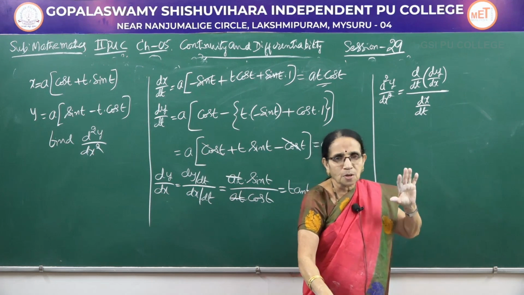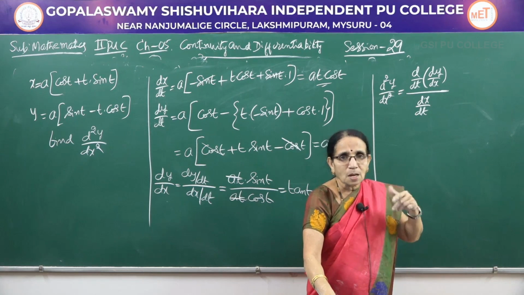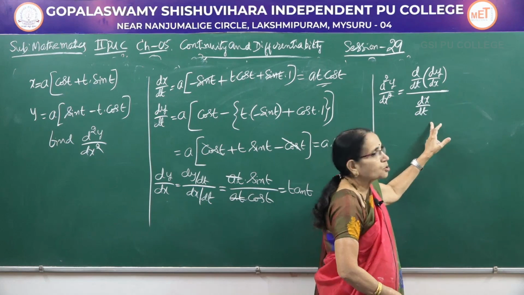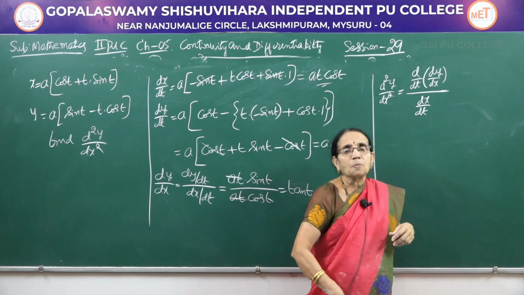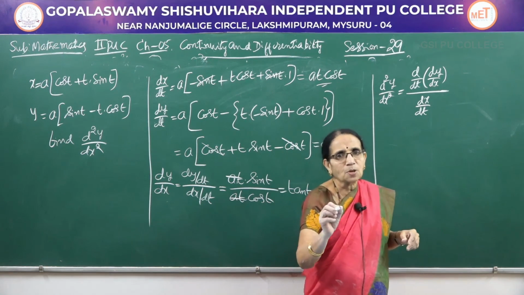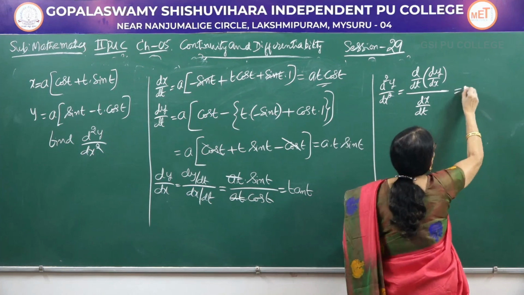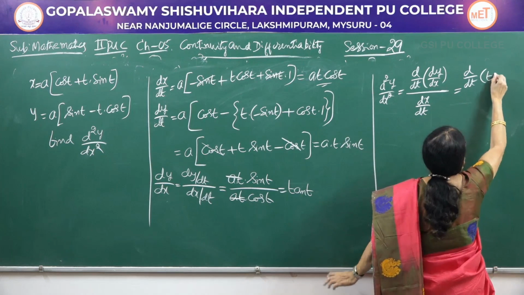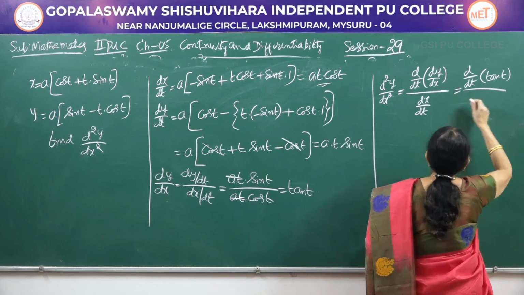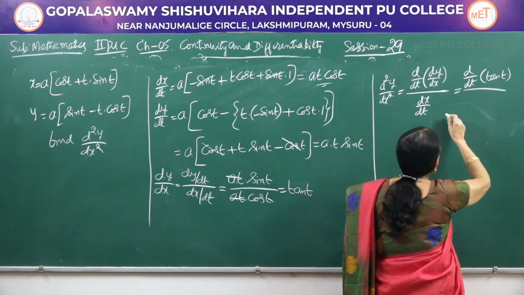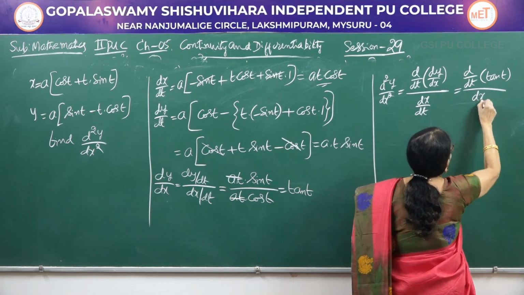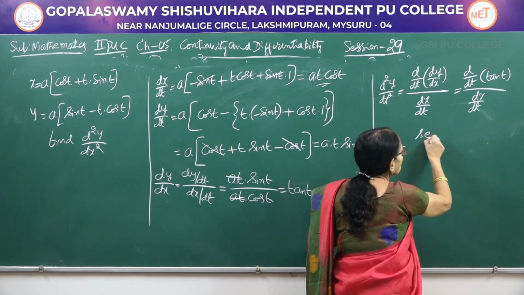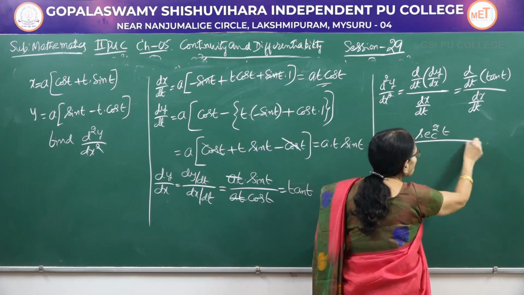The first derivative will be obtained. The derivative of that one with respect to t should be written in the numerator. Dx by dt, which is already obtained, should be written in the denominator. If it is possible to simplify, you simplify. So, in this problem, it is d by dt of, what is the first derivative? Tan of t. The reason is you can't directly differentiate with respect to x. Now, this is divided by, here also I am writing only dx by dt. Now, tan of t, if you differentiate, it is secant square of t.